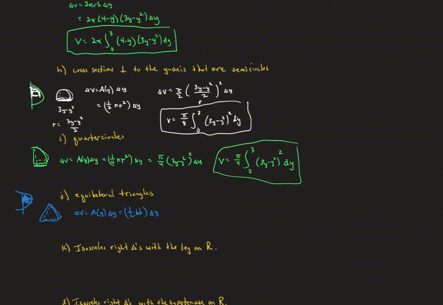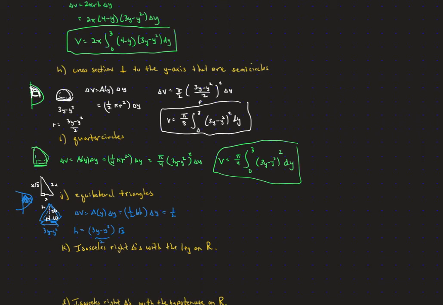And our base is going to be just our function, so 3y minus y squared is that distance across there. When we drop the perpendicular down to get the height, we create a 30, 60, 90 triangle. In a 30, 60, 90, we know the side lengths go x, 2x, and our height is going to be x square root of 3. So that makes our height this distance, which is going to be our x. So it's going to be that 3y minus y squared over 2 times the square root of 3,